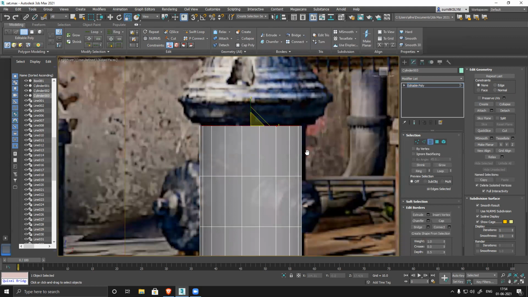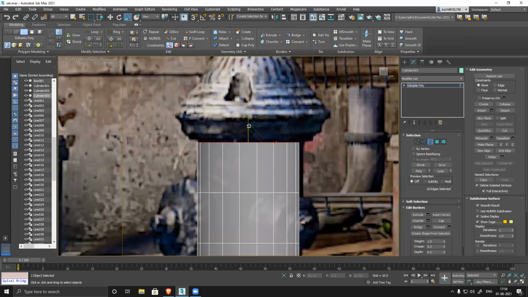Border, select this border. Size, to match the size perfectly.